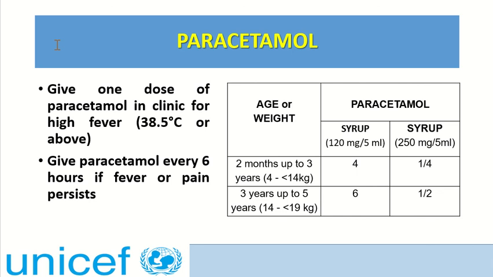According to the age group, we categorize it into 2 groups. From the age of 2 months up to 3 years, that means the body weight will be between 4 kilograms to less than 14 kilograms, the syrup dose will be 4 ml, which is in the concentration of 120 milligram per 5 ml. Or if the concentration is 250 milligram per 5 ml, it's only